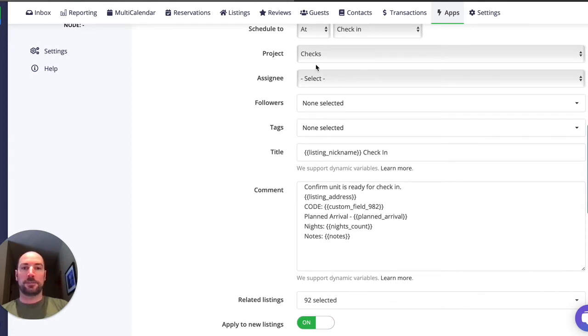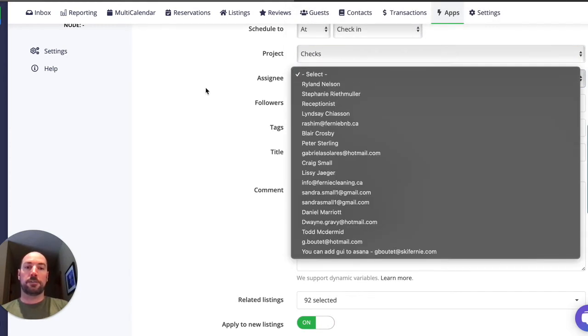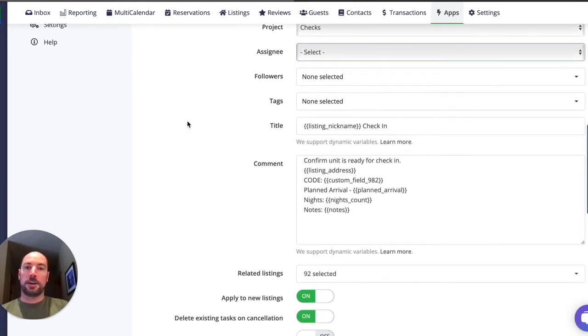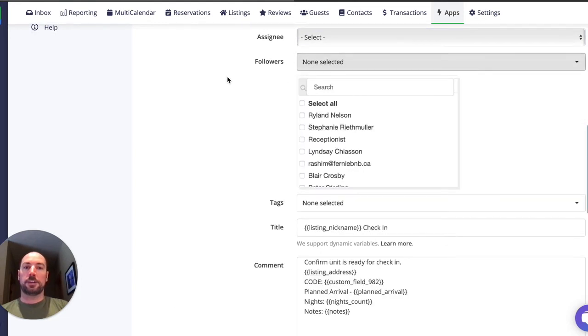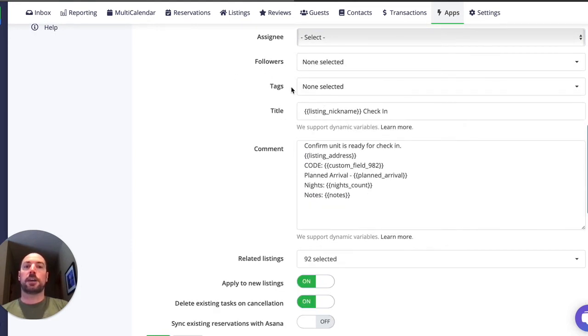Based on a reservation, you could choose which project you wanted to put it in, who you may want to assign it to, if anyone at this time, anybody else that needed to be looped in on these types of tasks, the tag classifications, and then this is where you're able to use dynamic variables, exactly like automated messages. So this will automatically create a task with the name of the listing that has a check-in, and